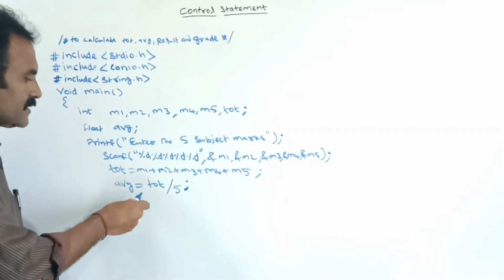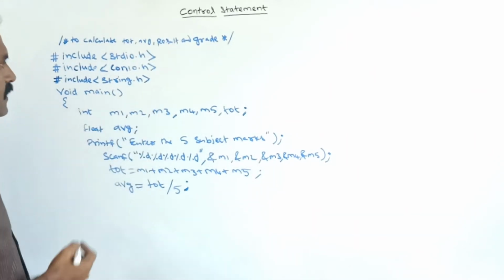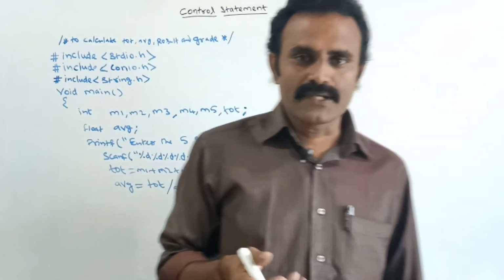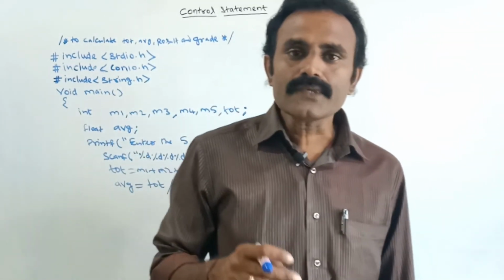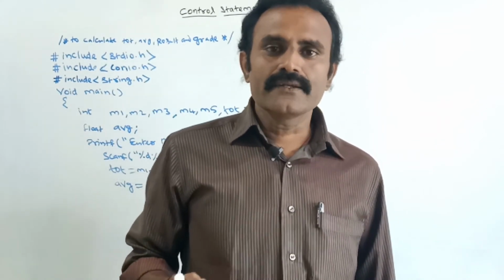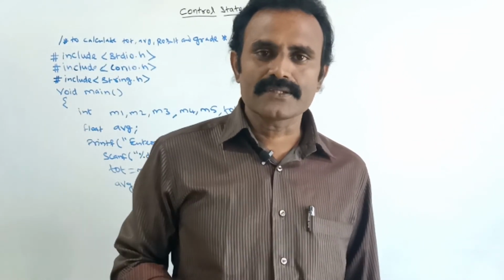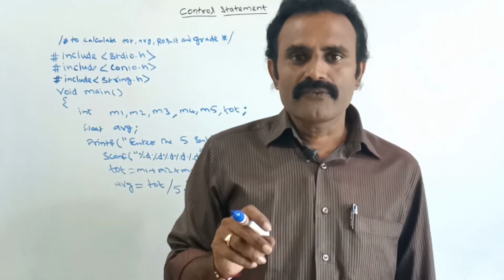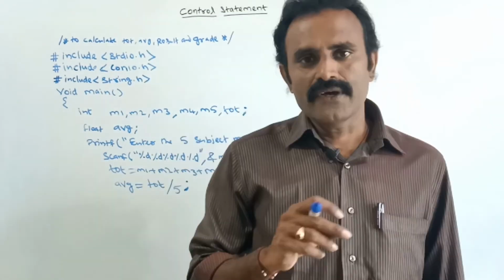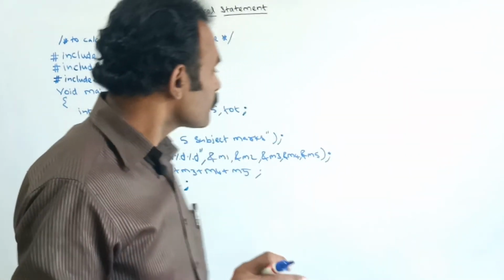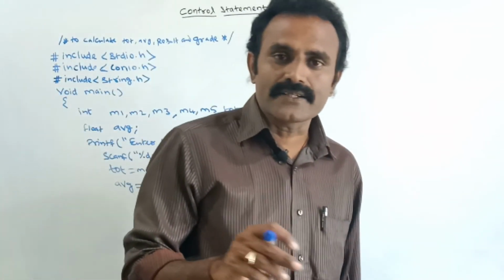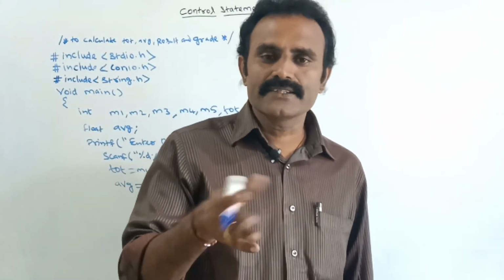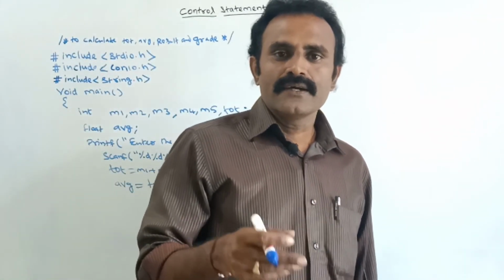See, after finding this average mark, next we want to find the result. Here the result is whether pass or fail, whether the student is pass or fail. Suppose if the student got more than 40 in every subject, then the result is pass. If in any one of the subjects he got a mark lesser than 40, that student is fail. So here we are going to find the result. By using the if condition we can check whether the student has passed or not.